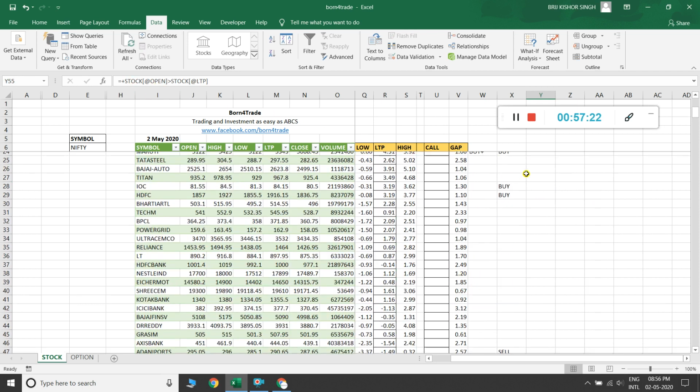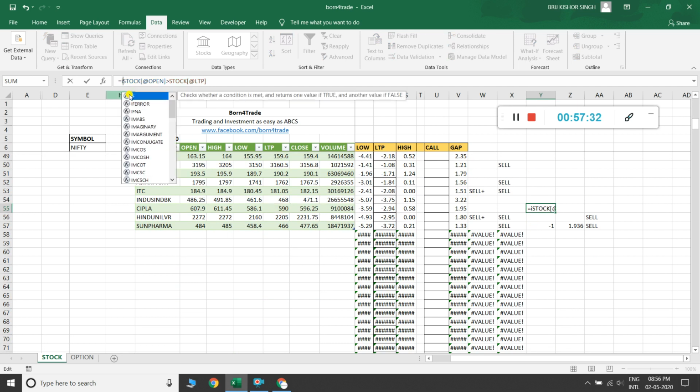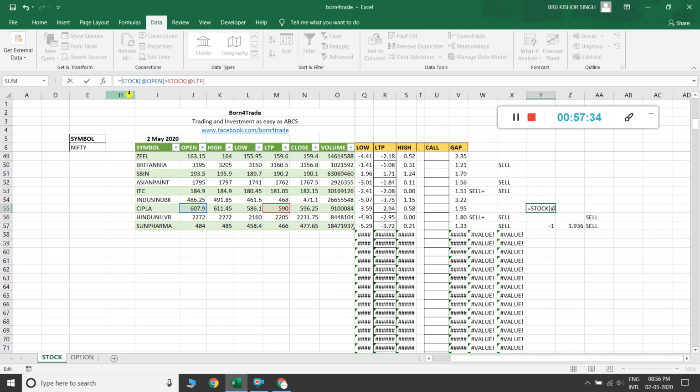And I already checked the same process for B, and now I'm taking advantage and making some effort, applying the IF formula: IF, bracket open, then comma, then double inverted commas, then double inverted commas, then bracket close, and put here S signal, capital S, and hit the enter button. Okay, so it makes a sell signal.